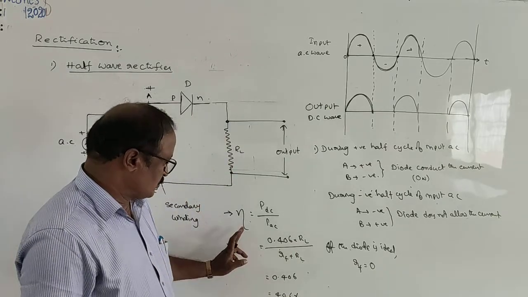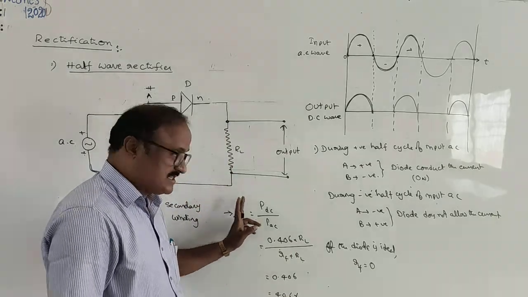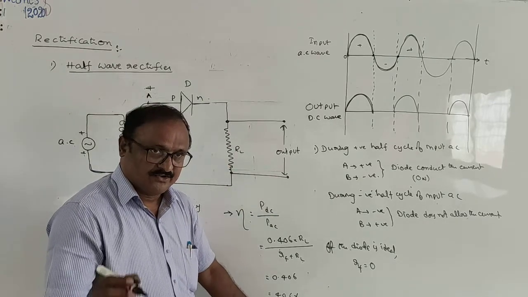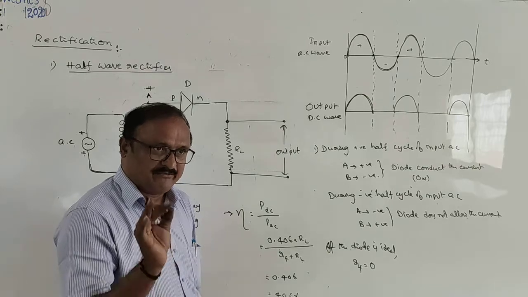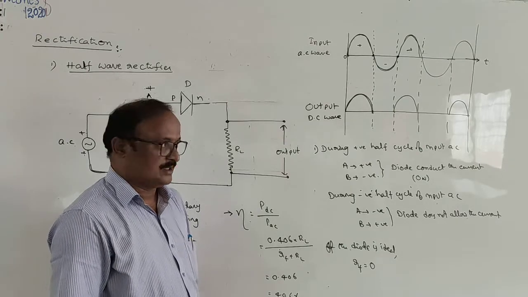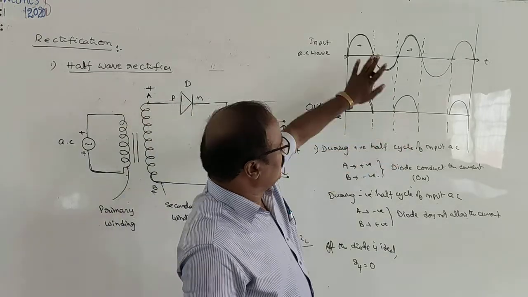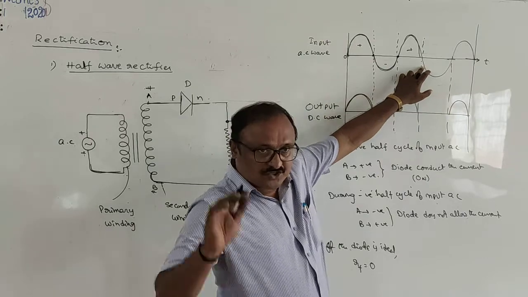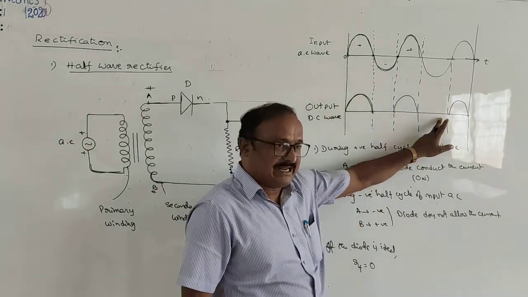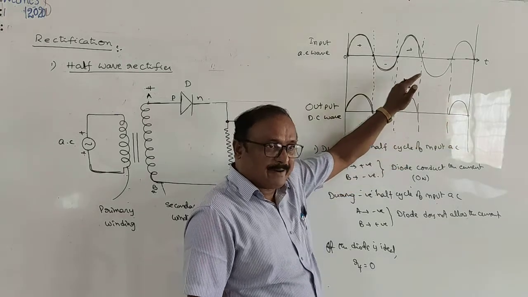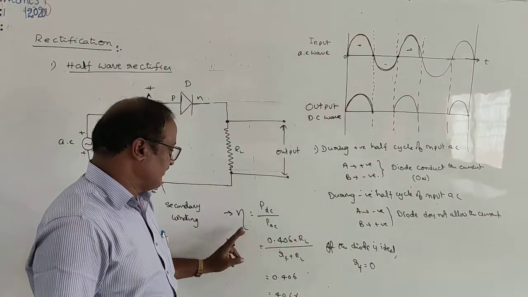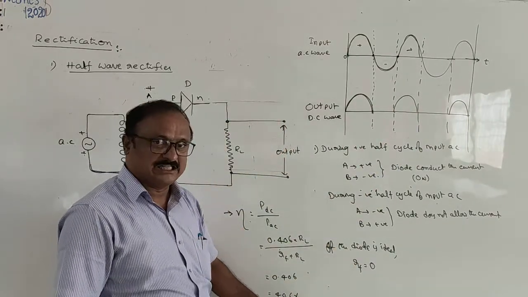40.6%. So therefore, what is the formula? The value of efficiency of the half wave rectifier, 40.6%, means that of the input AC only 40.6% will be converted into output DC. From the diagram it is seen that only the negative half cycles are stopped in the circuit. Only the positive half cycles can be taken as the output, meaning 50% will be output here. But mathematically we can prove that instead of 50% it is approximately 40.6%.